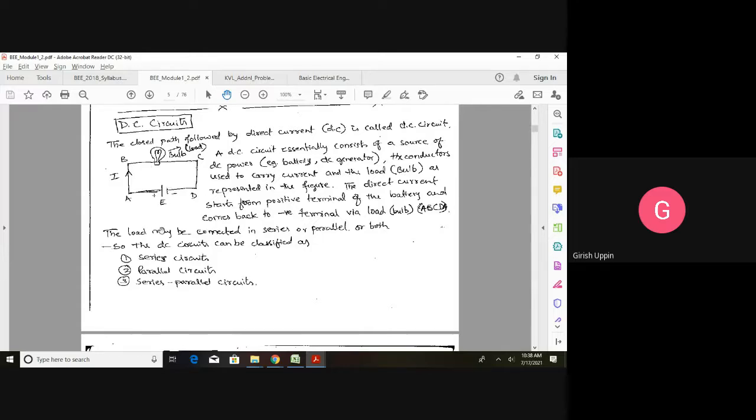In case of a direct current, there is a definite direction for the flow of the electric current. The conventional direction of the current will flow from the positive plate through the load back to the negative plate. So if we know which is the positive plate and negative plate, the direction of the current would be starting from the positive plate through the circuit back to the negative plate.